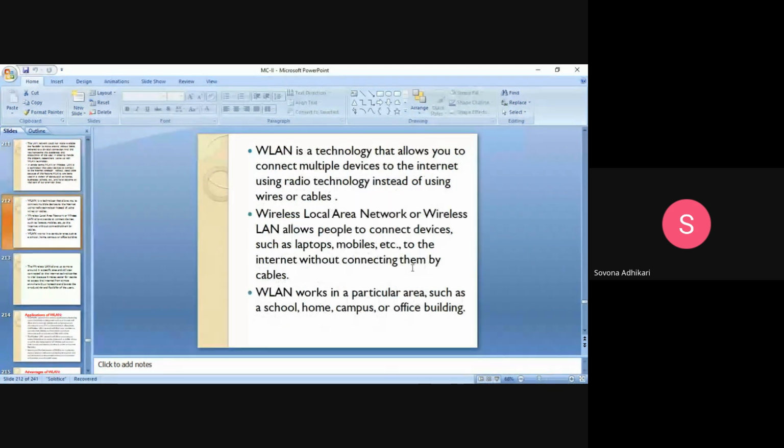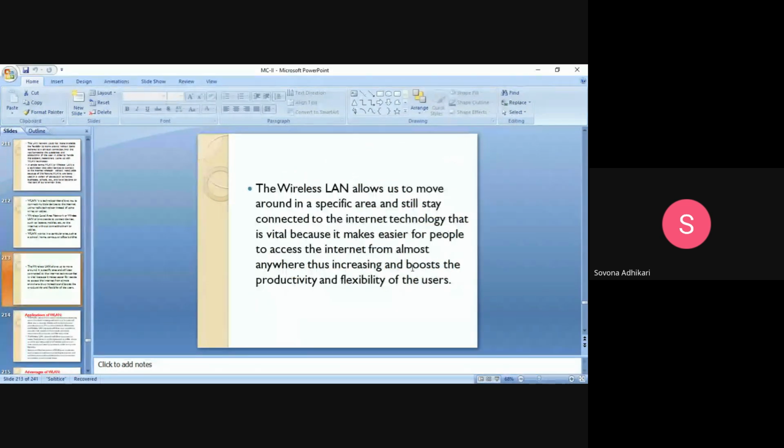WLAN is a technology that allows us to connect multiple devices to the internet using radio technology instead of using wires or cables. It is called radio technology. Wireless local area network or wireless LAN allows people to connect devices such as laptops and mobiles to the internet without connecting them by cables. So without using the cables, without using physical wires, we use a wireless network. WLAN works in a particular area such as a school, home, or campus. We know that this has a limited geographical area,